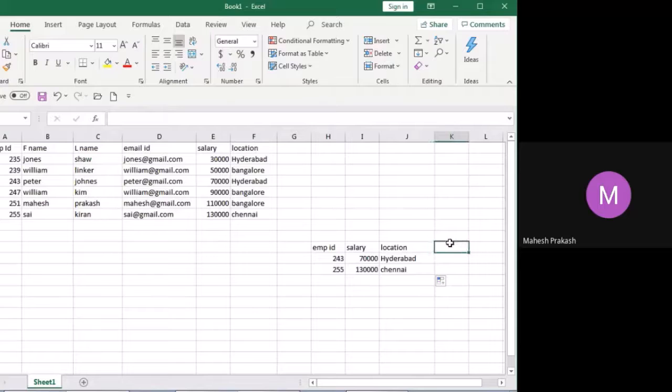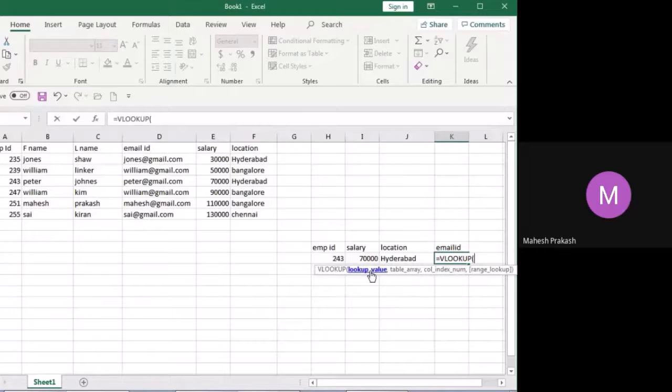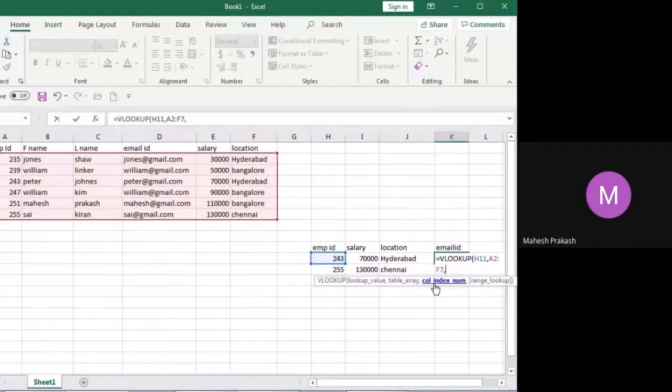Now once again, for the last time, I'll explain the VLOOKUP. If anybody has any doubt, they can ask me right now. So VLOOKUP. Lookup value will be the employee ID because I'm searching with employee ID, comma, table array, the complete table, comma, column index number.